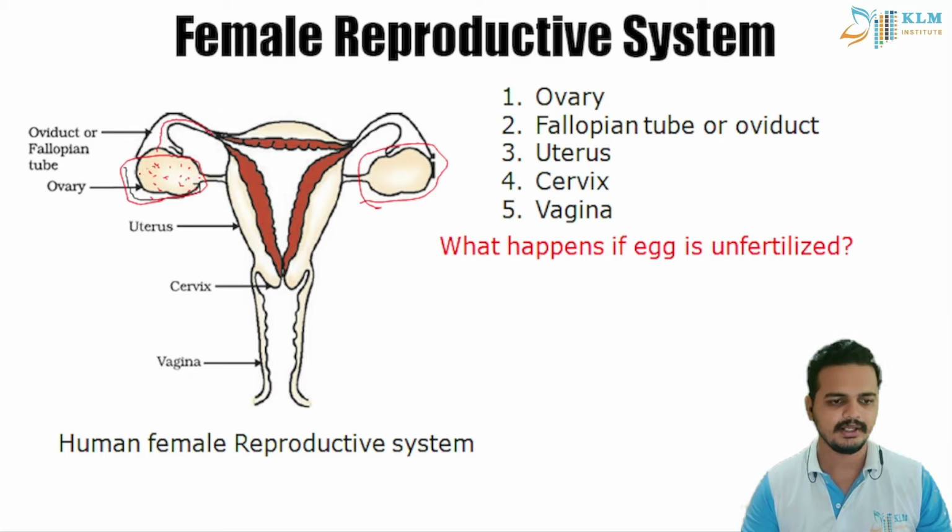Once a woman reaches adolescence or hits puberty, these eggs start maturing. Every month, one egg gets matured and is ready to be fertilized. That is, it waits for the male genetic material to be fused into the egg.